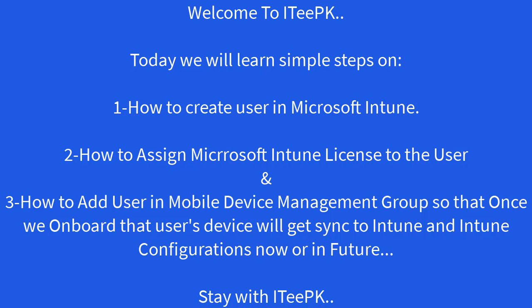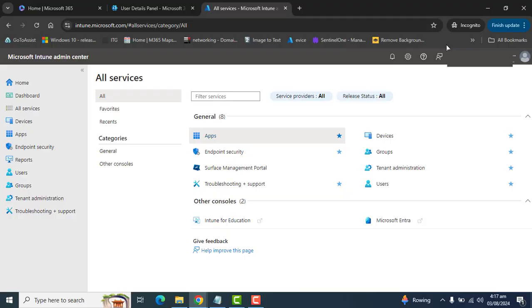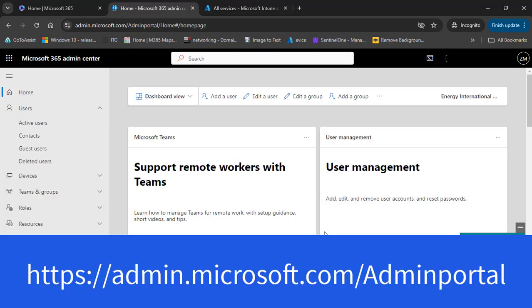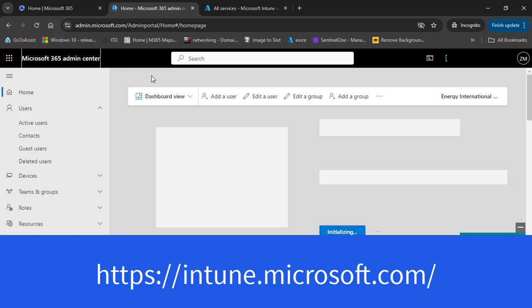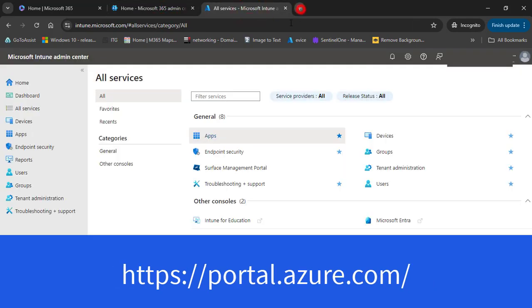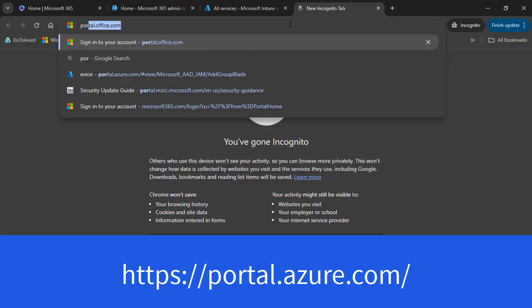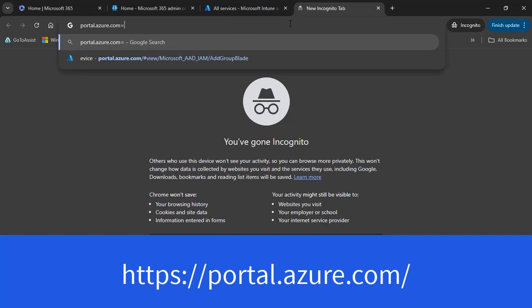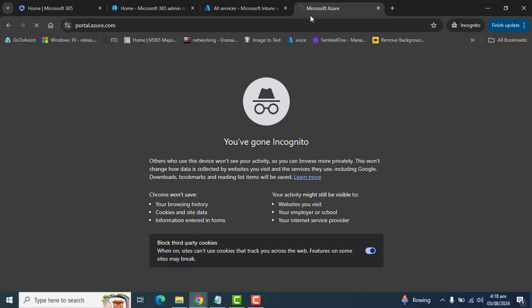To manage devices in Microsoft Intune, we first need to create a user with a Microsoft Intune license. We can create a user in Microsoft 365 Admin Center. We can create a user in Microsoft Intune, and also we can create a user in Microsoft Azure portal, portal.azure.com. Alright, these are three places we can create a user, we can assign a license, and we can add users to the